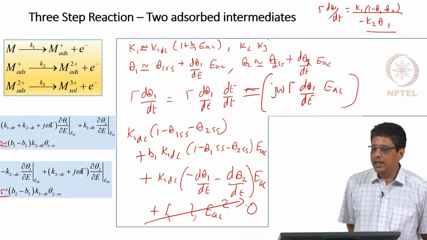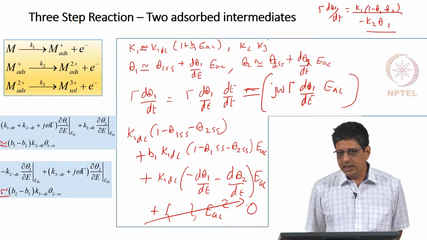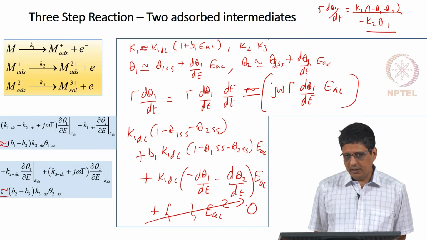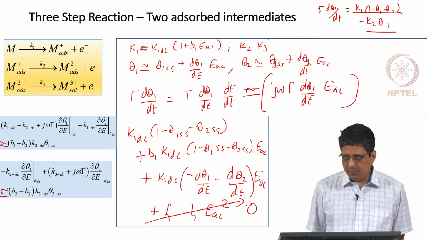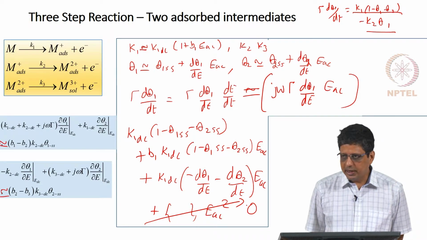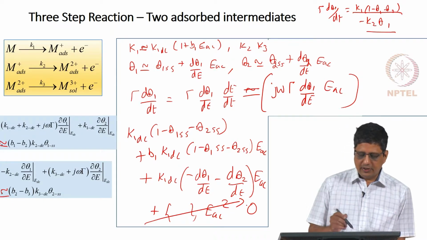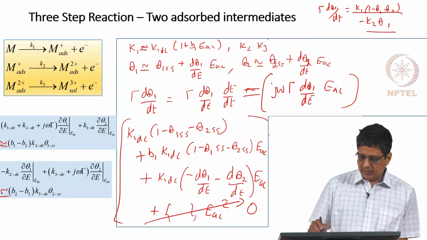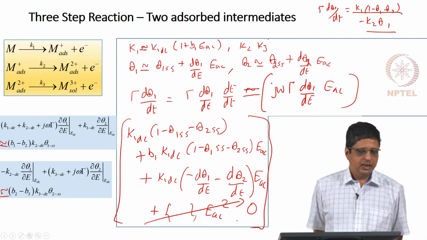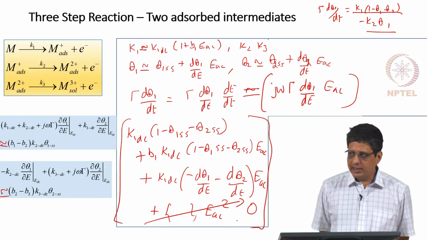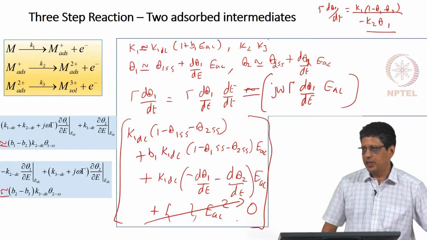First term when I write K 1 and when I expand the theta 1 and do all the calculations, I would get 4 terms there. One is a constant independent of EAC, 2 terms will depend on EAC, 1 term will depend on EAC square, and expansion of the first term after expanding in Taylor series, truncating it and then multiplying it, throwing away the EAC square term, you should get 3 terms out of that.